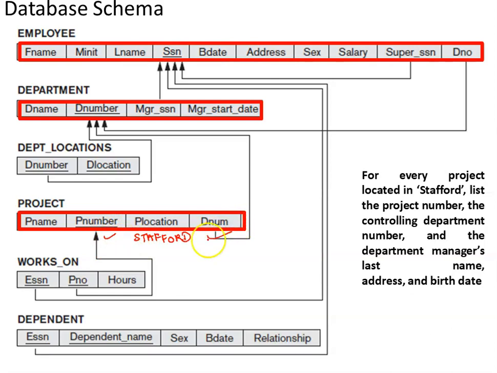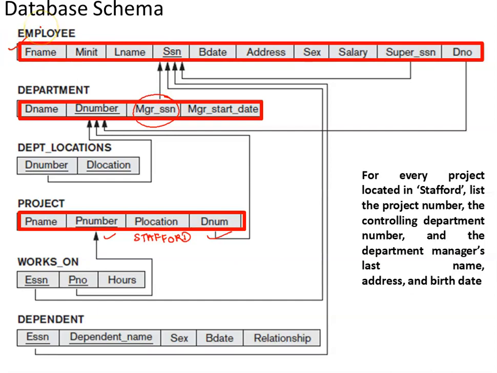Once I get the department number that controls the projects, referring to the department table, I'll get the ID of the manager that controls the department, and once I get the ID and I refer to the employee table, I'll get the other details of the manager.